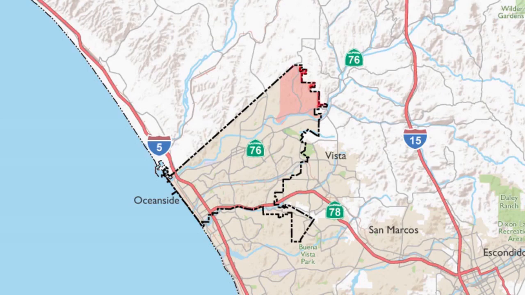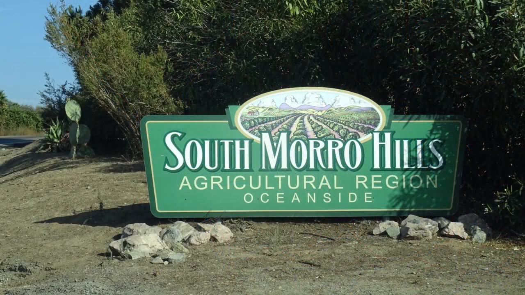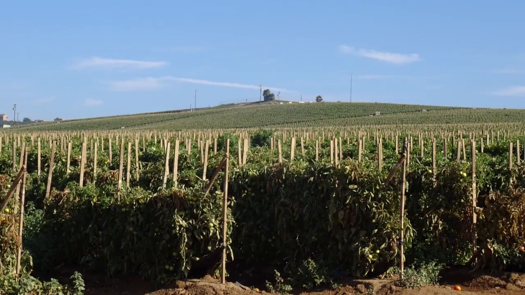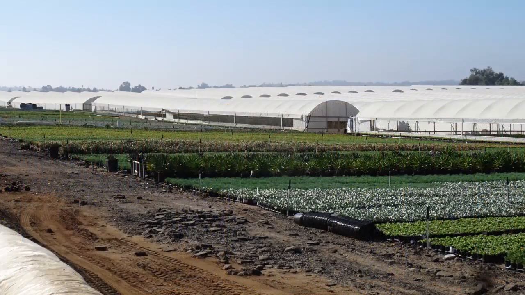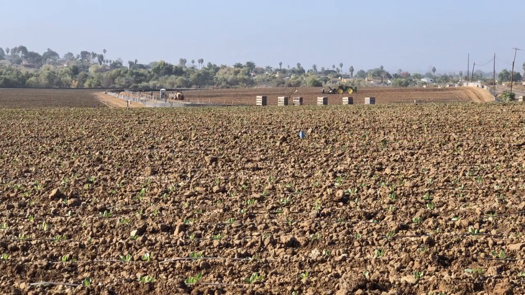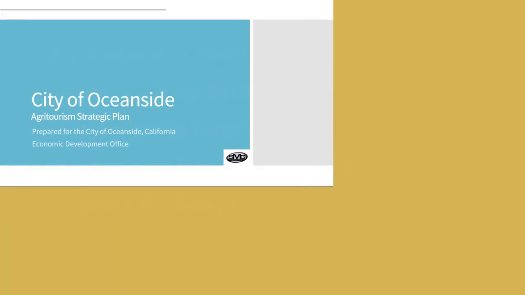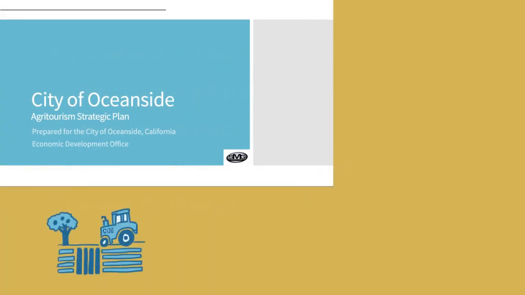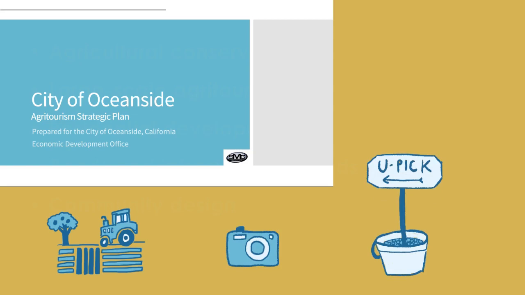The South Morro Hills area encompasses 5.5 square miles in northeastern Oceanside and is home to a variety of unique agricultural uses. In recent years, farming has become increasingly challenging and expensive in the region. The city prepared an agritourism strategic plan with the goal of linking agriculture and tourism to provide supplemental revenue for